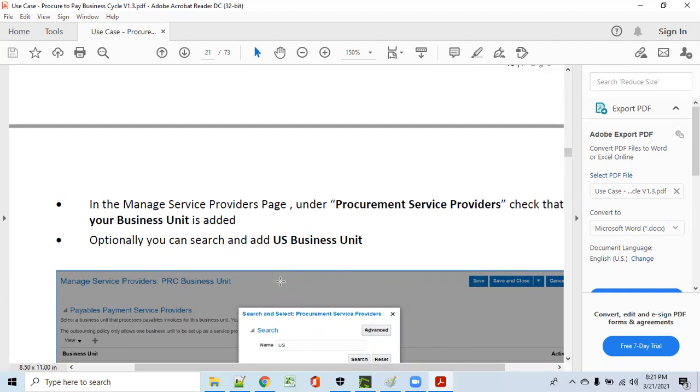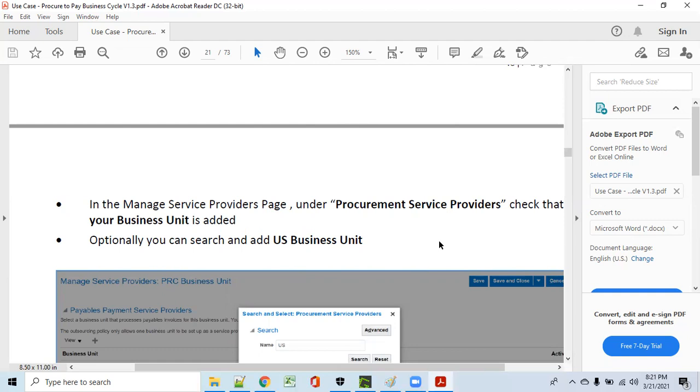Procurement is common. Requisitions I want to make separate for each individual BU. So if you want to provide the link between the common procurement BU and your business unit requisition BU, you are going to use the service provider option. Using that, your hub of procurement BU, you can connect to the nodes of your requisition.